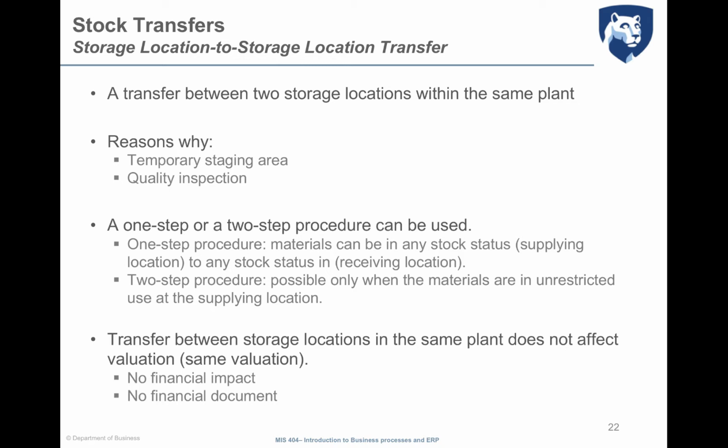For example, materials can be received from a vendor or from another production area, and can be initially stored in a temporary staging area and then moved to their permanent location later. This is an example. And when this happens, the transfer can be recorded using both the one-step or the two-step procedure,